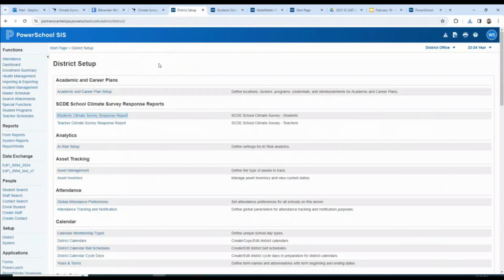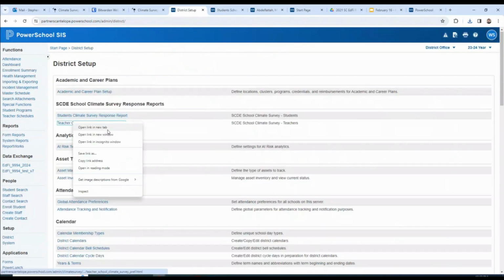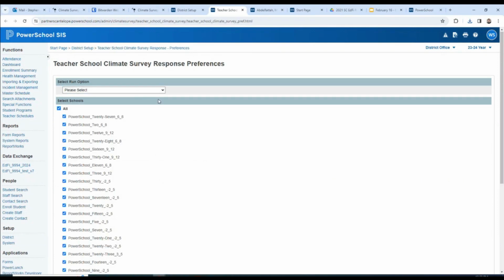All right, so for the teacher survey, let's take a look at that one. Okay, so I'm going to do, again, all schools, because I can't remember where we did the test surveys. We did it in one of these schools, but you could do one school. You could also just, your PowerSchool administrators at the school level could do this. They would go to school, and then we'll have some documentation to explain how, but just like we did here, instead of clicking on district, they would go to school. And then, of course, at the school level, they could only look at their one school. But we're doing this from the district level.